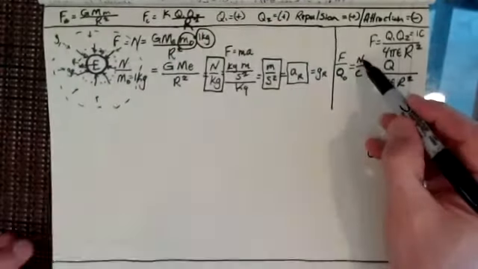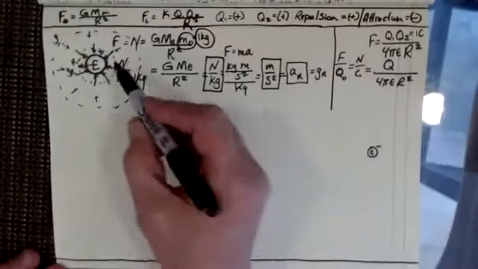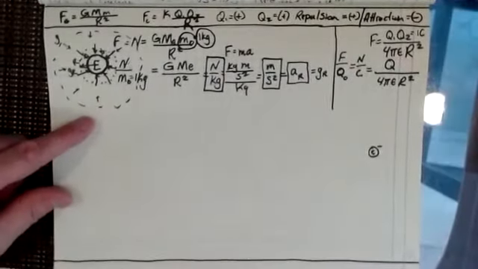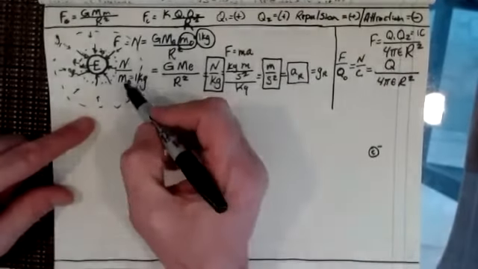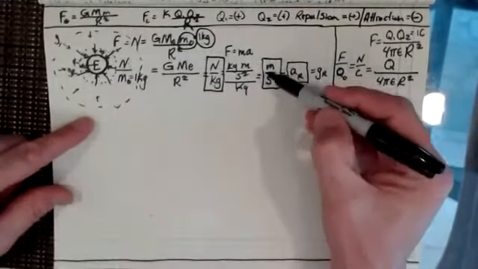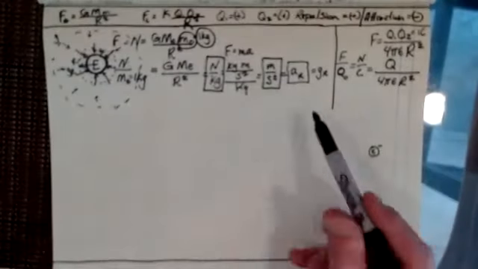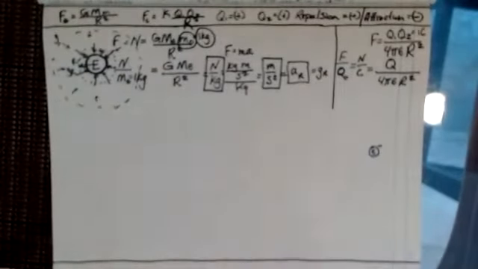And then what I would get is newtons per coulomb. Just like over here, I got newtons per kilogram, right? And we knew that newtons per kilogram was meters per second squared, and we thought, oh my God, meters per second squared. That's got to be the gravitational attraction of